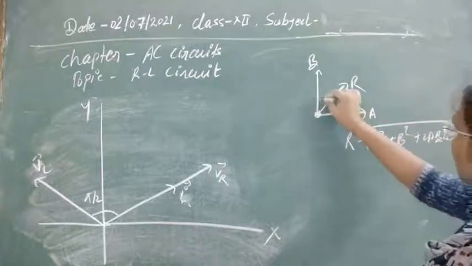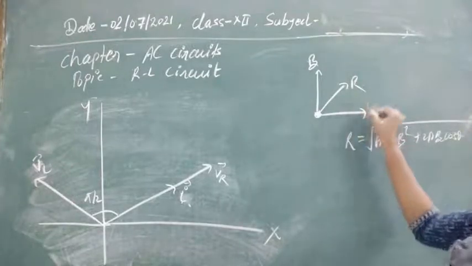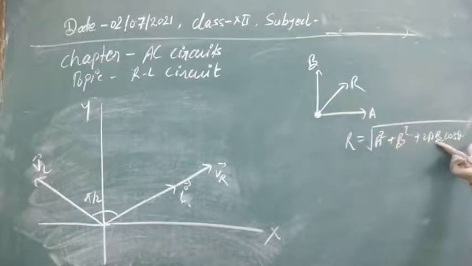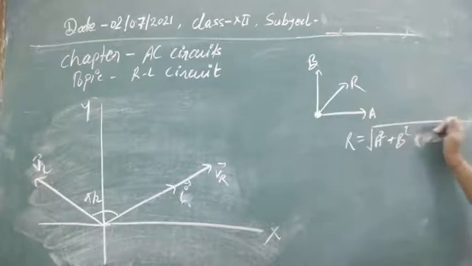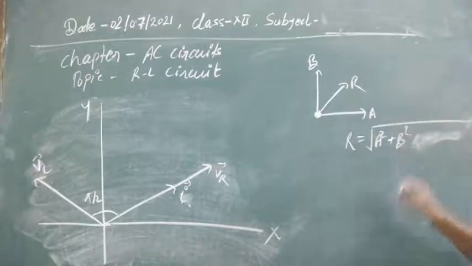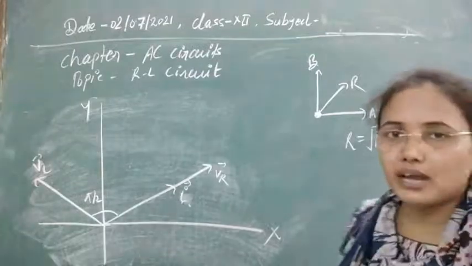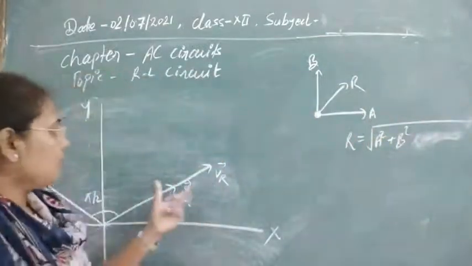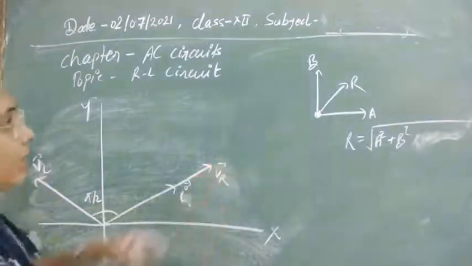So as here the cos theta, that is the angle between vector A and B. Here for vector A and B the angle is pi by 2, so cos pi by 2 is 0. So this component will be absent from here. So finally we are obtaining the magnitude that is given by square root of A square plus B square for this kind of vector quantities. Now you also have to see the direction.